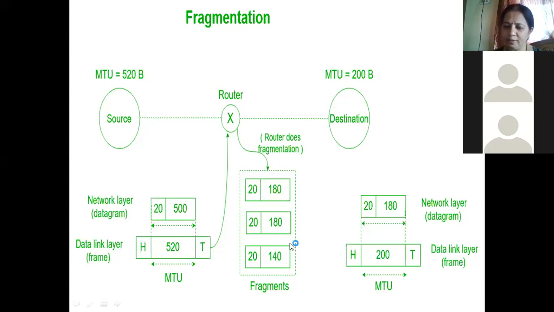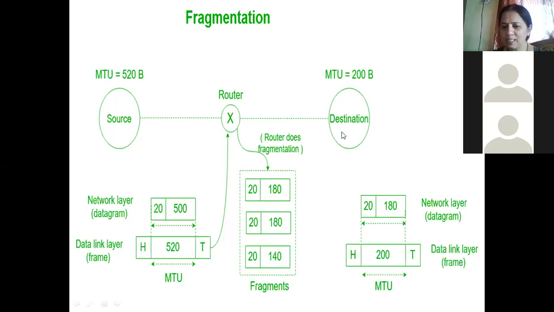One packet is now divided into 3 packets, and each packet or each datagram will get a header. That header will be of 20 bytes. So you all can see the internet layer in the router, or the network layer in the router, the 500 byte packet is now divided into small fragments, small chunks. 3 fragments have been created. One fragment is 180 bytes, another fragment is 180 bytes, and the last fragment is 140 bytes. But each one will be given a header now. The original packet is divided, but only one packet will not get the header. All the 3 fragments will get the header.